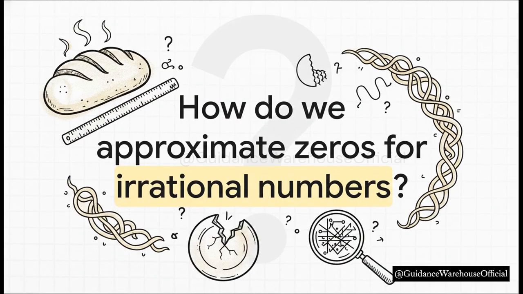But I want to leave you with a bit of a brain teaser to chew on. What if the bakery's desired volume wasn't a nice, perfect integer? What if the width turned out to be an irrational number? How would we approximate the zeros of a polynomial when our rational zero suspect list just completely fails us? Well, that is a wildly fascinating challenge, and it's exactly what we're going to tackle in our next explainer. So until then,